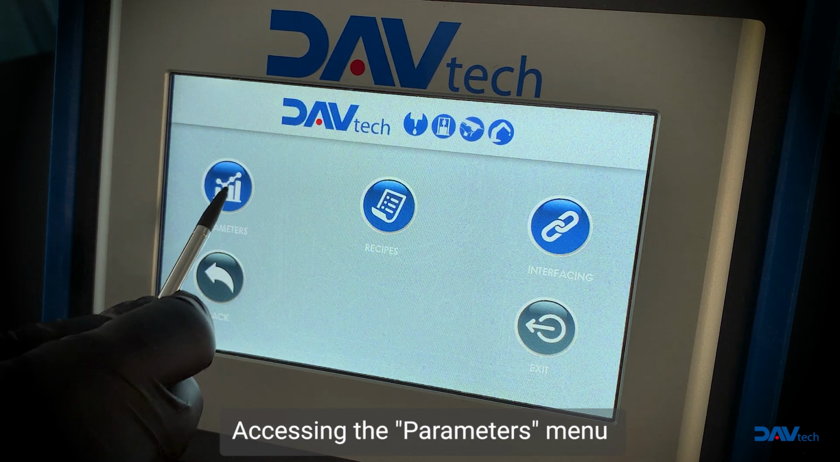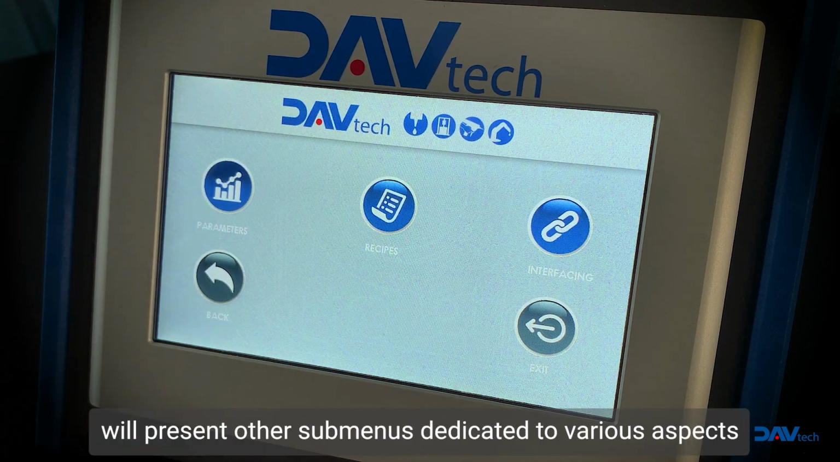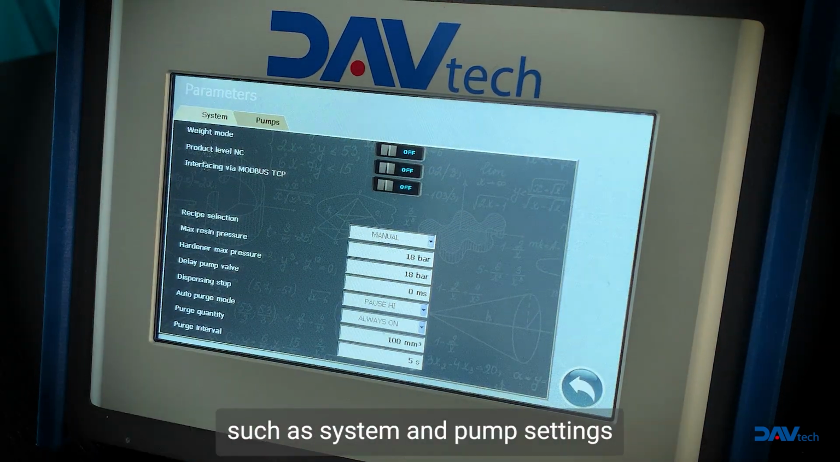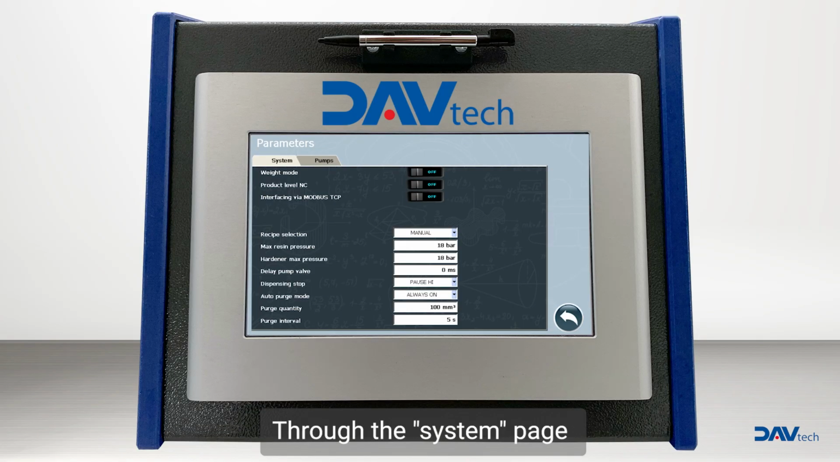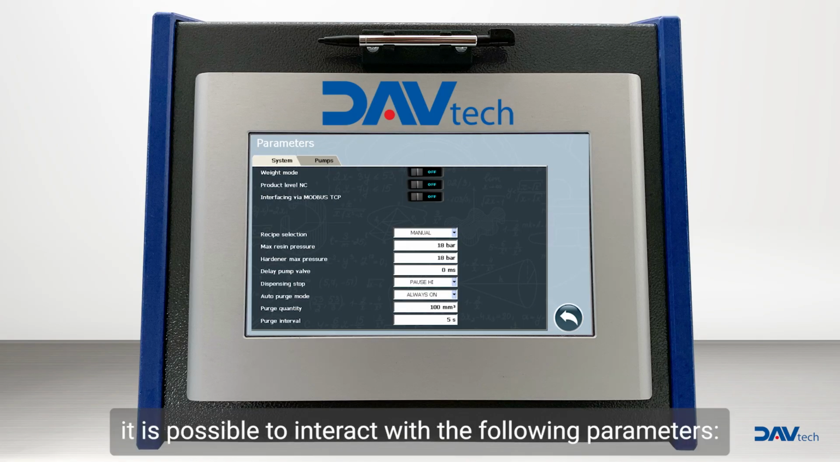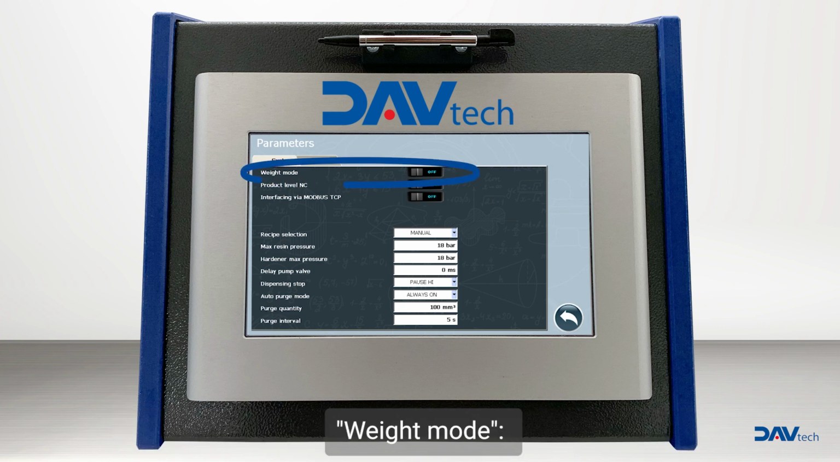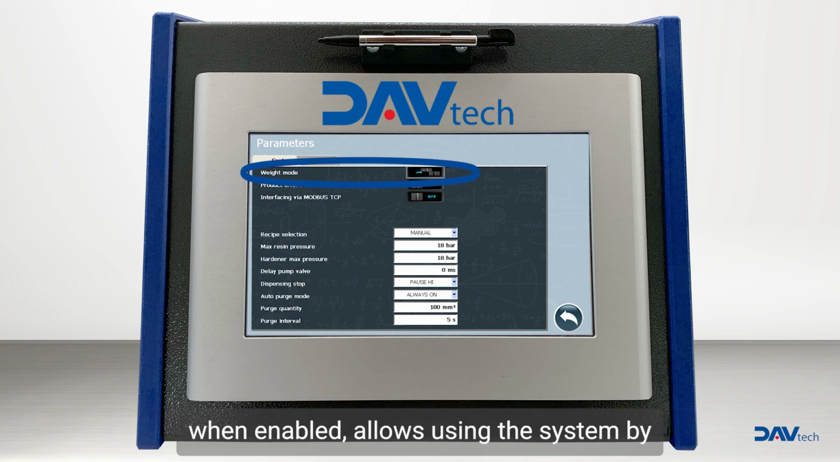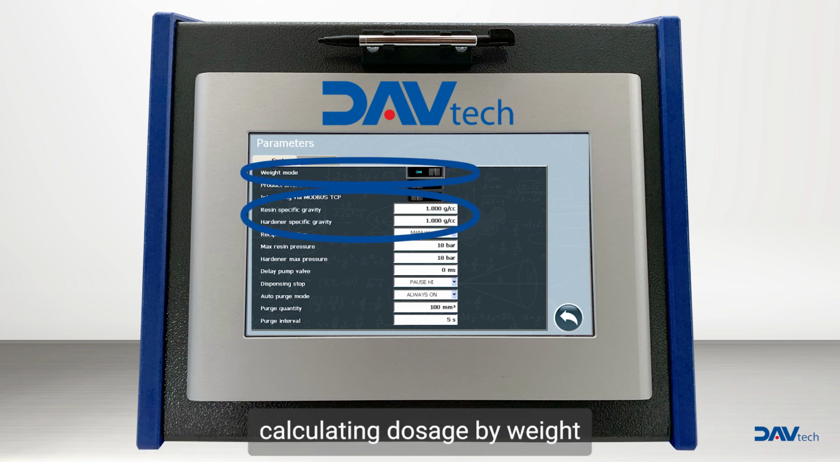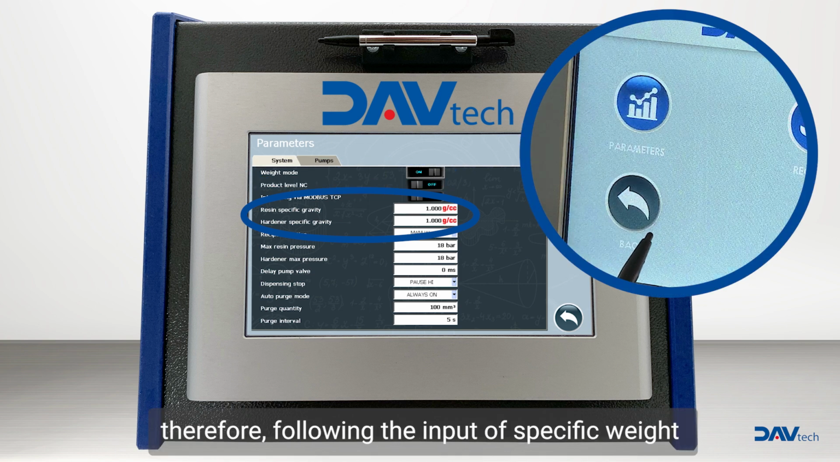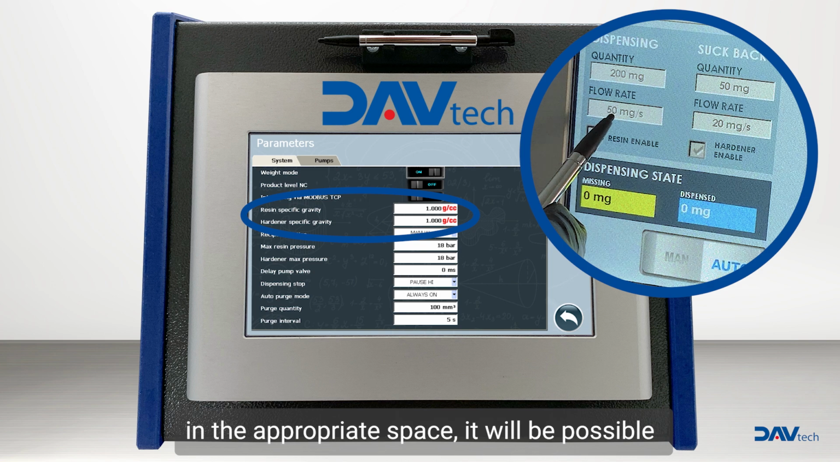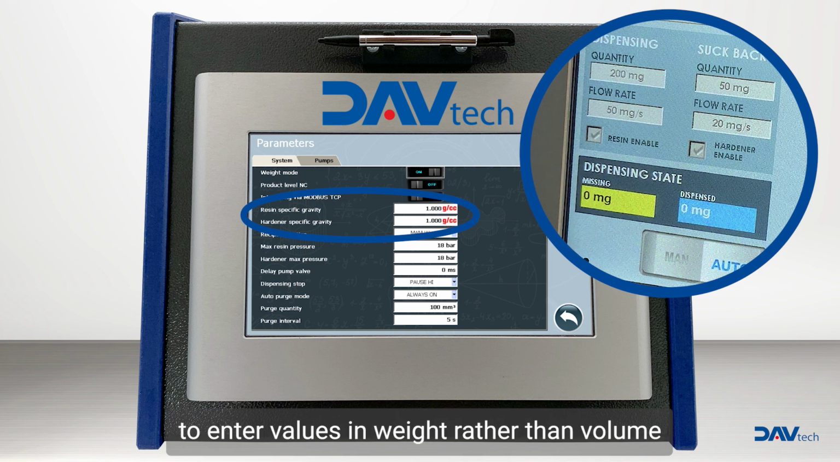Accessing the Parameters menu will present other submenus dedicated to various aspects, such as system and pump settings. Through the System page, it is possible to interact with the following parameters. Weight mode, when enabled, allows using the system by calculating dosage by weight. Therefore, following the input of specific weight in the appropriate space, it will be possible to enter values in weight